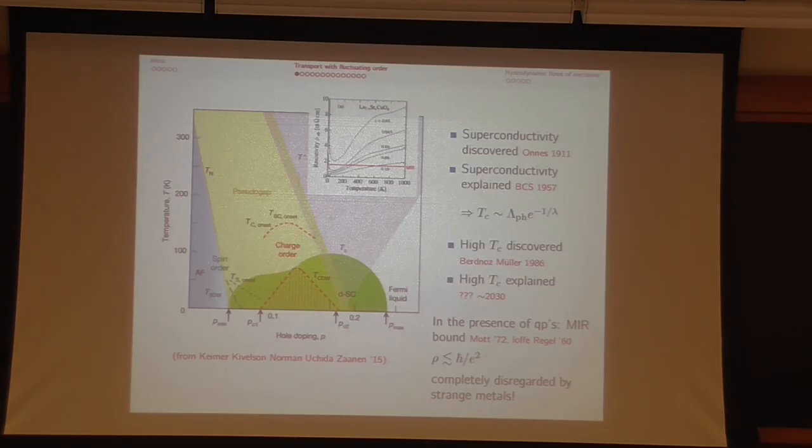So how much does AdS/CFT explain high TC superconductors? I know that there are models that get linear in temperature resistivity, and they evade this bound because they don't have quasiparticles. But I think there are several things missing. I don't know of models that have a crossover between Fermi liquid behavior and strange metal behavior. And I don't know to what extent the models will convince people that they are correct.